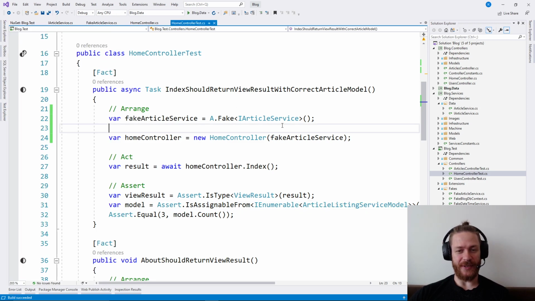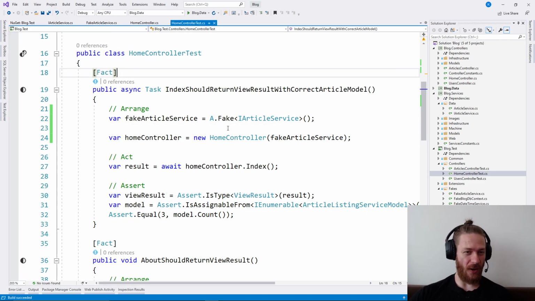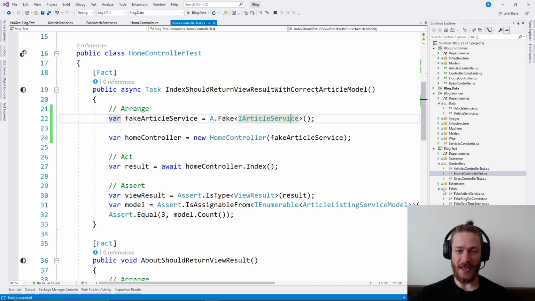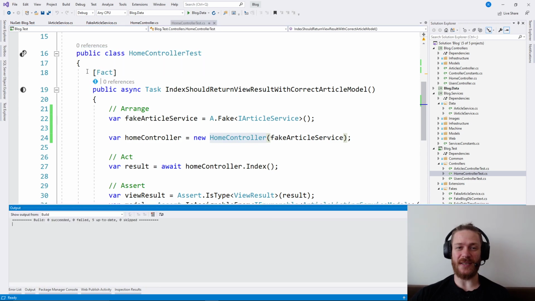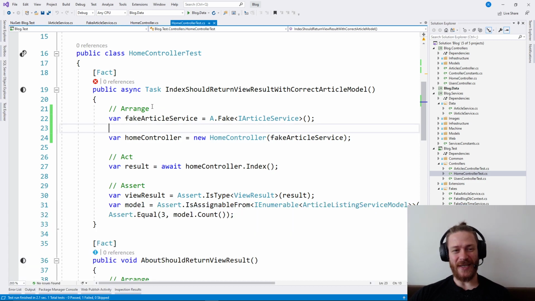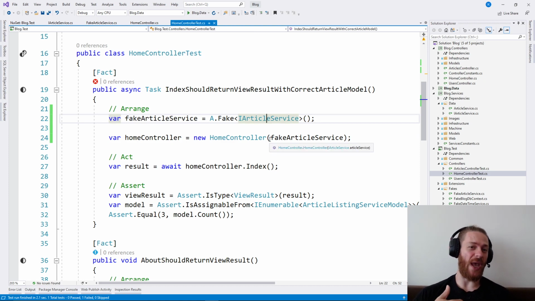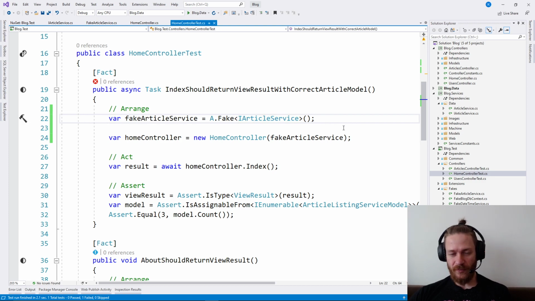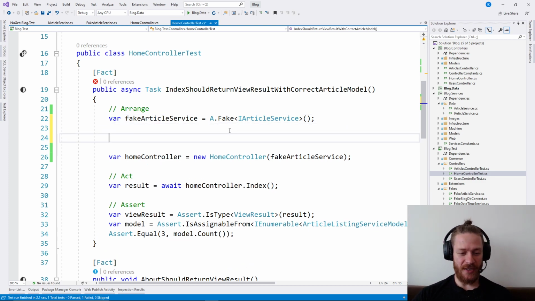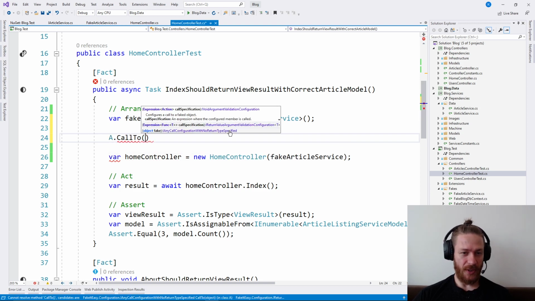But that doesn't matter. What matters here for now is that we no longer need to create a fake article service class to use the home controller in our tests, which is actually pretty cool. So we run the test and it fails because it returns 0 articles, but that's because we haven't set up our fake article service. So the next thing we need to do here is we need to say A.CallTo,